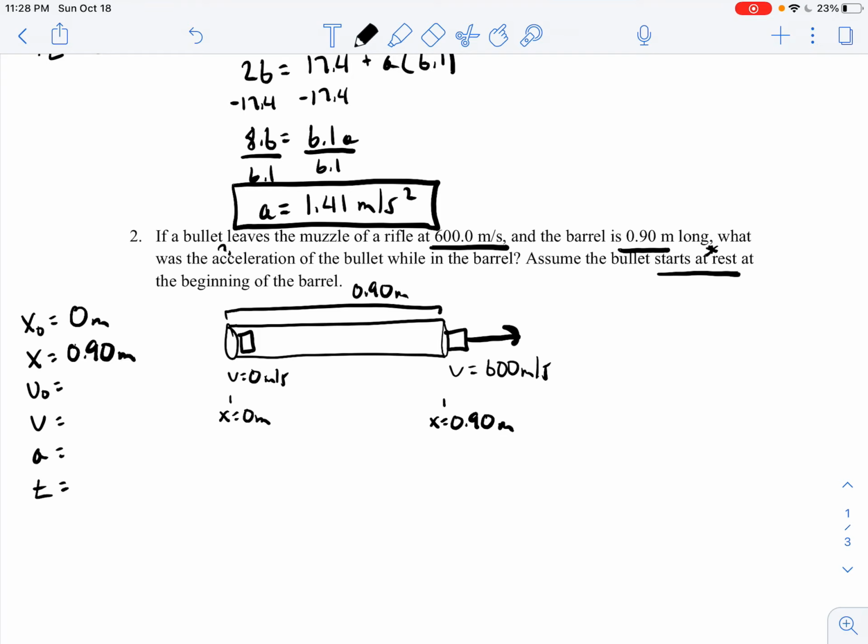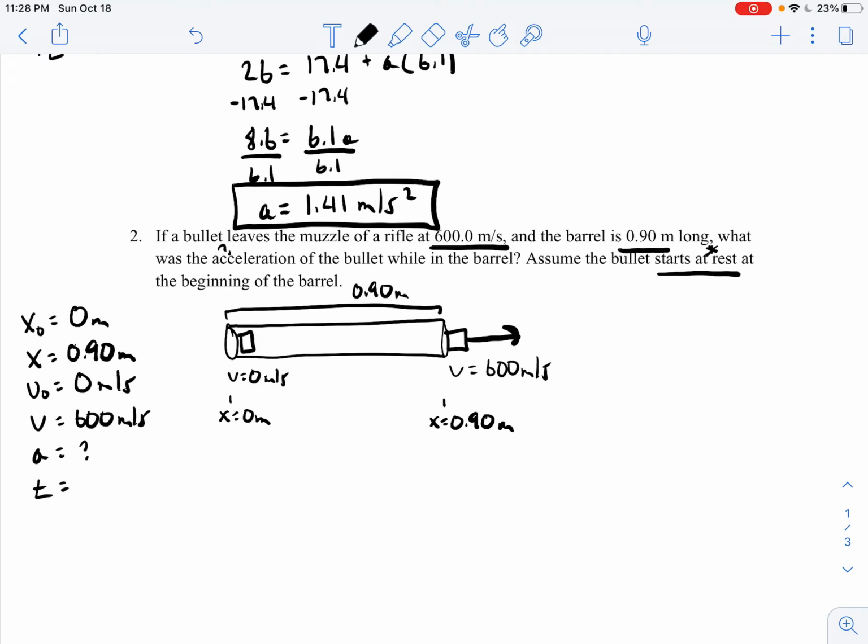In terms of thinking about our initial velocity, again, we say that the bullet starts at rest. So we're going to have initial velocity of 0 meters per second, and a final velocity of 600 meters per second. And again, the thing that we're trying to solve for in this problem is our acceleration. So again, we know both our initial and final positions, both our initial and final velocities, and we're trying to